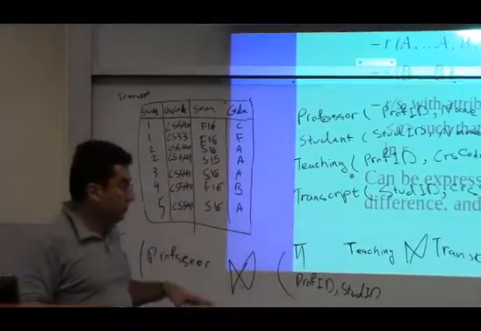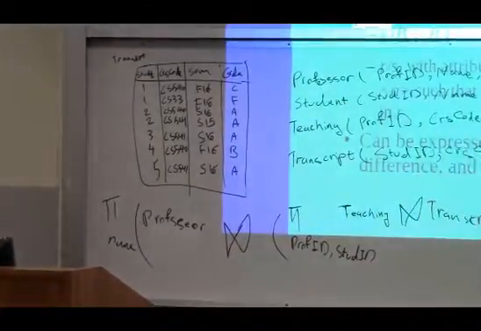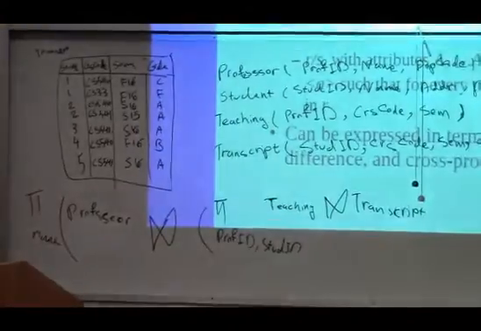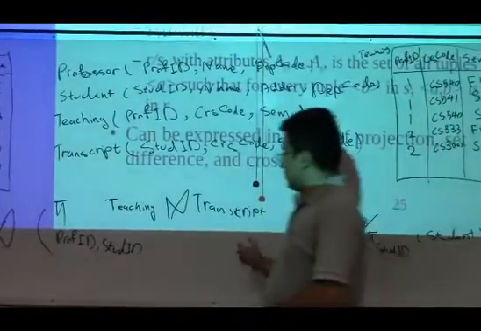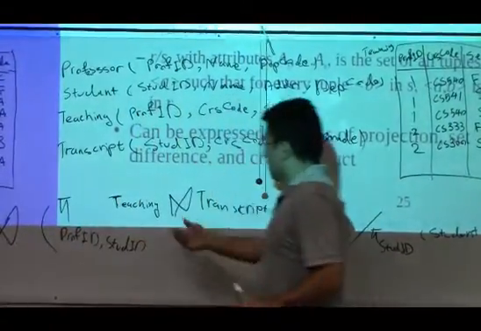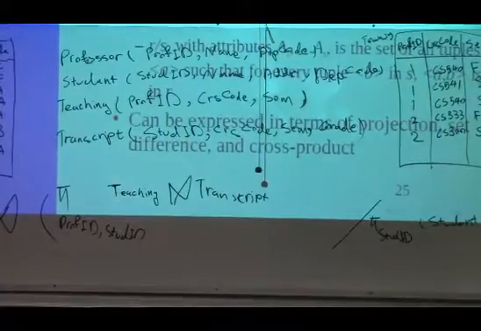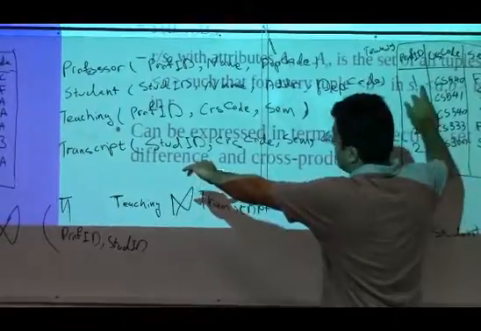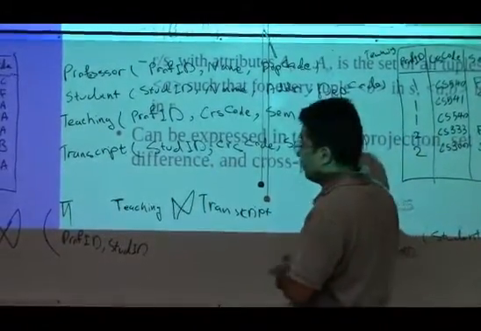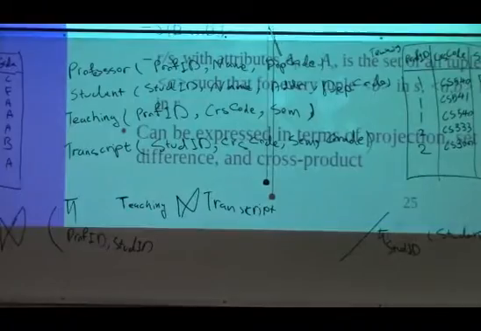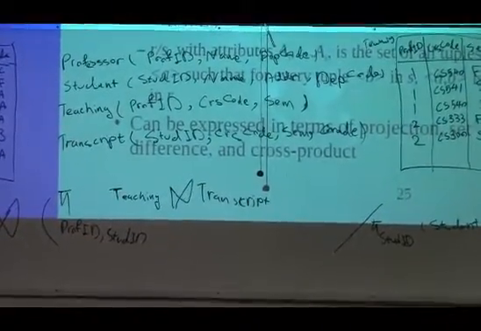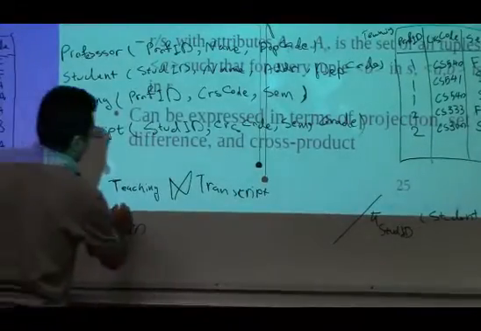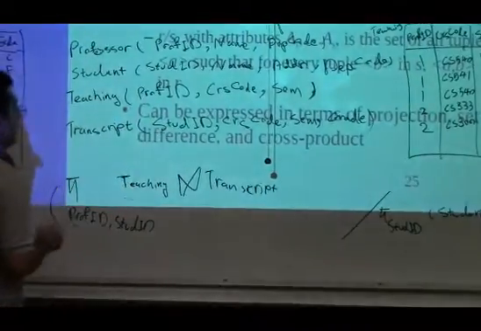So if you want to compute this, first, all of the students will be 1, 2, 3, 4. This part is teaching and this is transcript. If I want to use another color of marker, then the result of this one will be